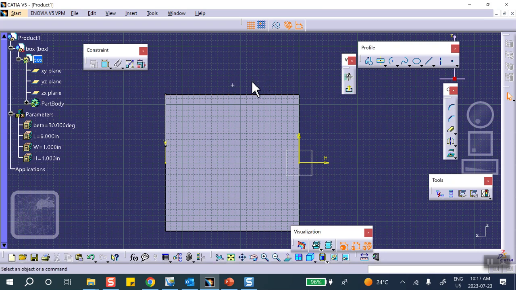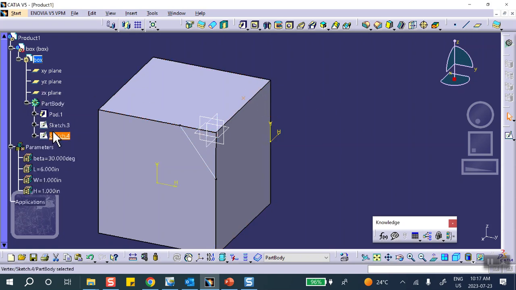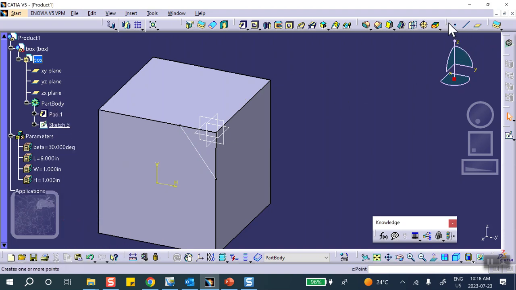A point. I want to put this thing on there. I don't think this is a good way of doing it. So let me try that. This point actually I don't need it. Let me go on the sketch. Let me delete it. I don't like doing it this way. I'm going to create a point